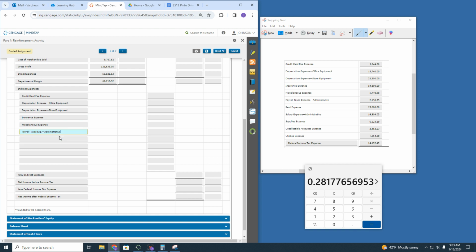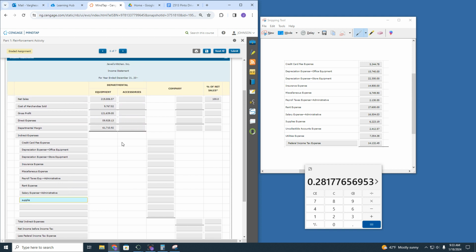There we go. Okay. And then rent expense, salary expense. So there's some administrative expense that I cannot directly attribute to one of these departments, but I could allocate it to those departments based on something. So I could see what the percentage of net sales is for each department, right? Because there's going to be a total here. And then I could allocate the admin cost to those departments, but this particular company doesn't want to do that or allocate those costs. So, but it's possible that you could allocate all of these just based on net sales